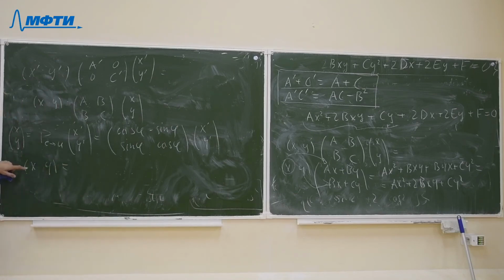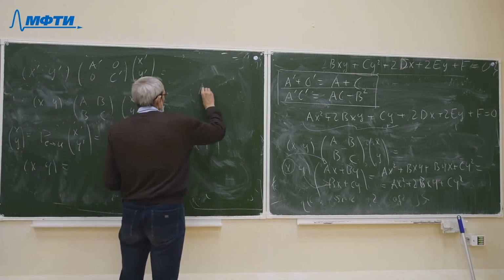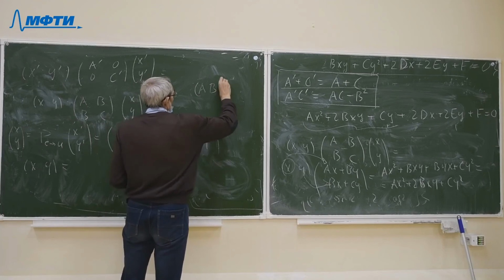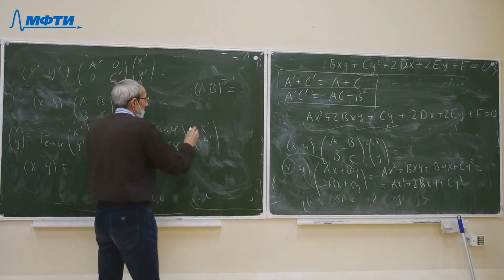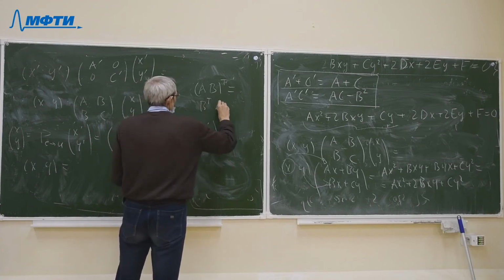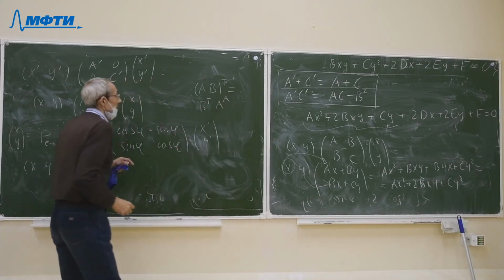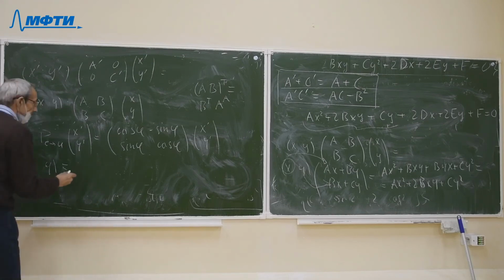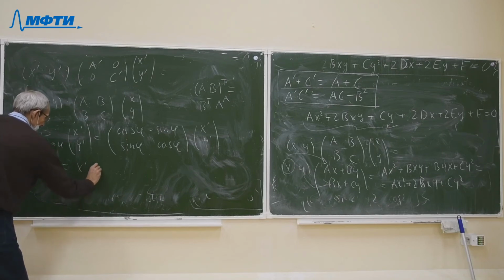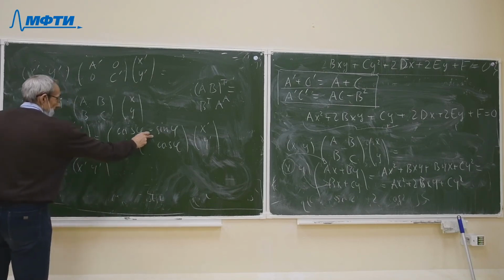Using transposition, I recall that if we have two matrices and we apply transposition to the product of the two matrices, we obtain the product of these matrices in the opposite order. And from this observation, we obtain that the matrix rho x y is equal to x prime y prime, and the transpose of this matrix